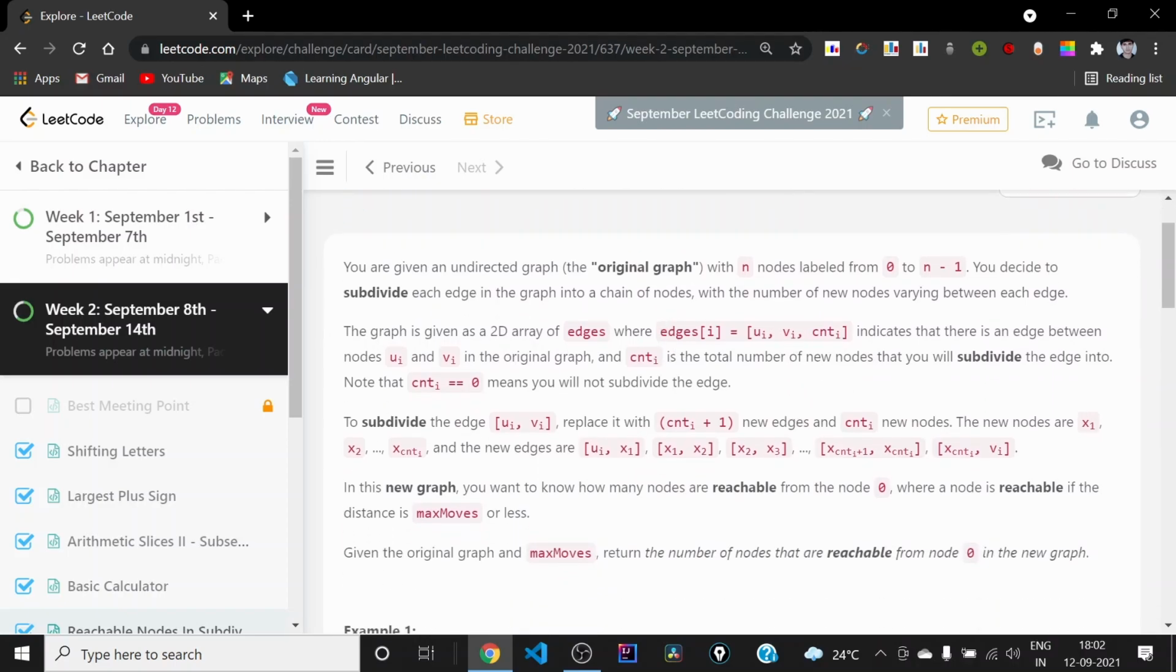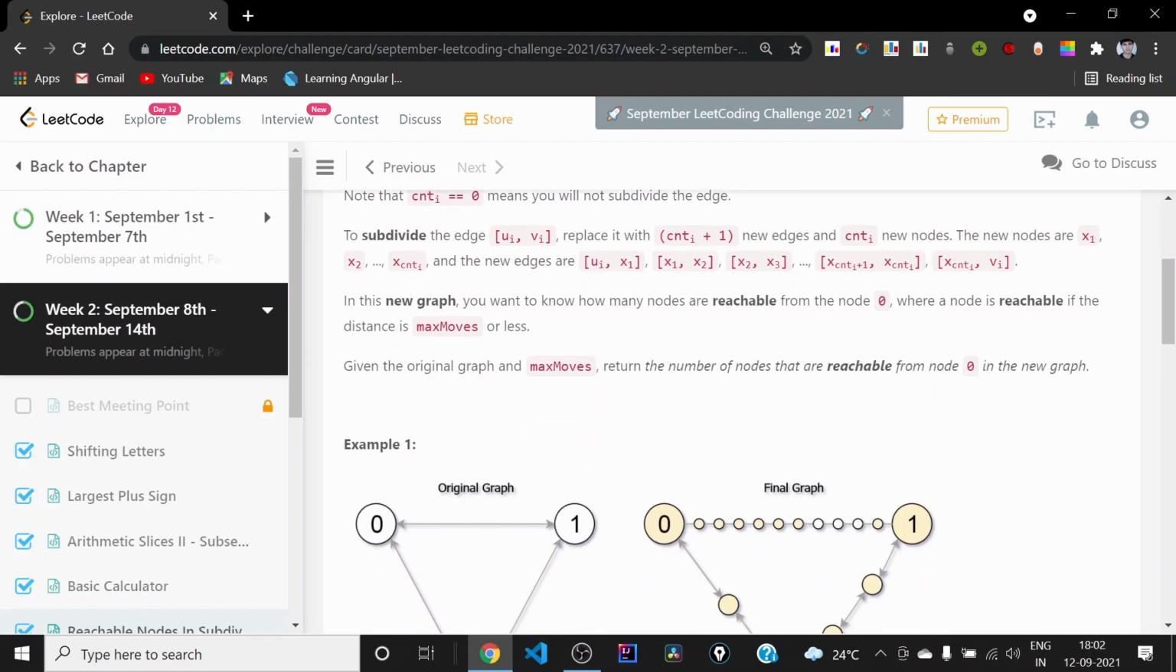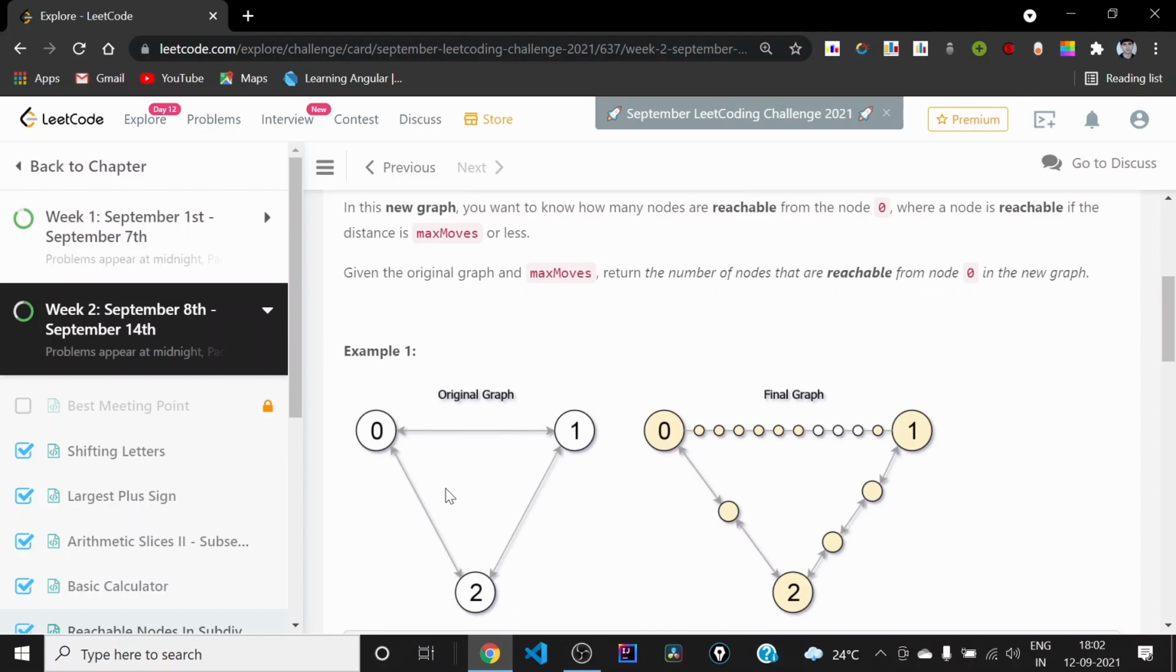So basically every edge will be given in the form of ui, vi and count i. So ui and vi are basically the nodes between which the edge is formed, and this count i is basically the number of nodes we have to insert. So if this quantity is 0, then we are not dividing the edge into any parts, so we are leaving it as it is. And yeah, so after dividing this graph